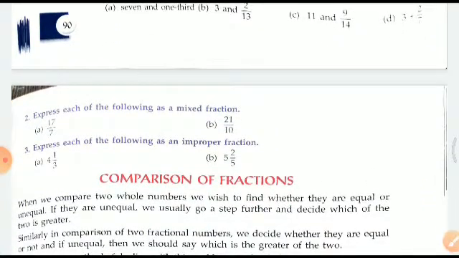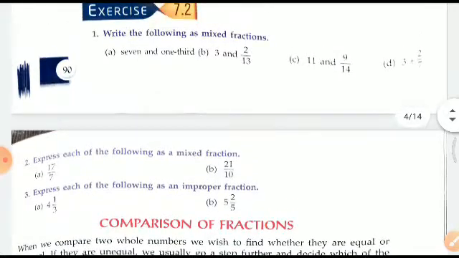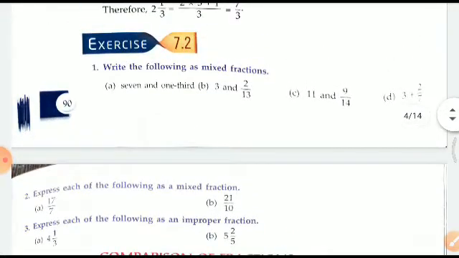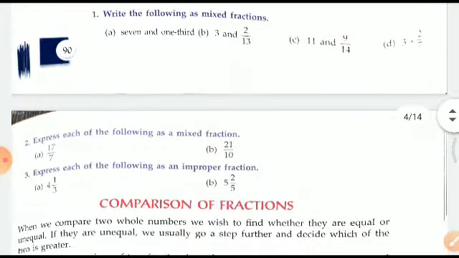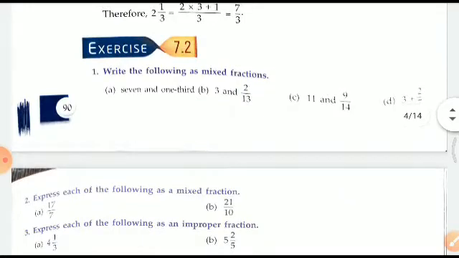Okay. Express each of the following as mixed fractions. This is 17 upon 7. So you will divide 17 by 7. We get 7 2s are 14. So 2 whole number, and remainder will be 3. 3 at the numerator and 7 as the denominator, right? And this is how you have to do this exercise. Right, children? So I stop here.